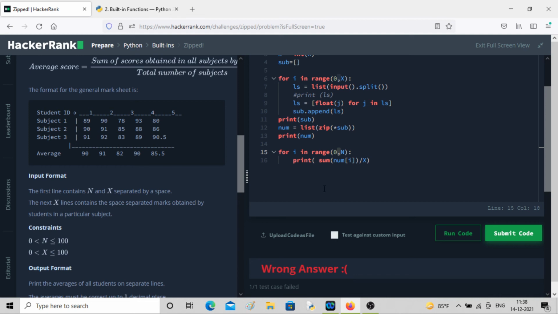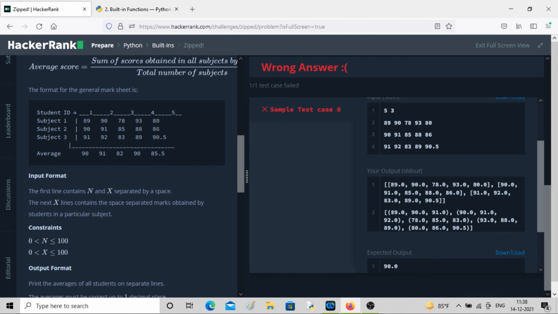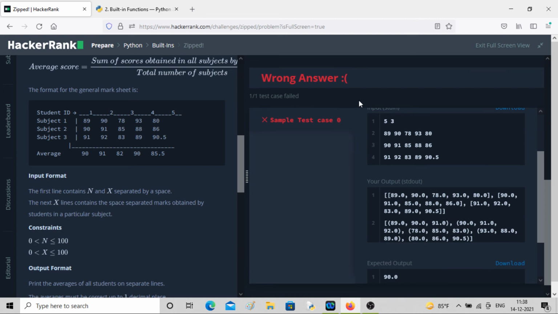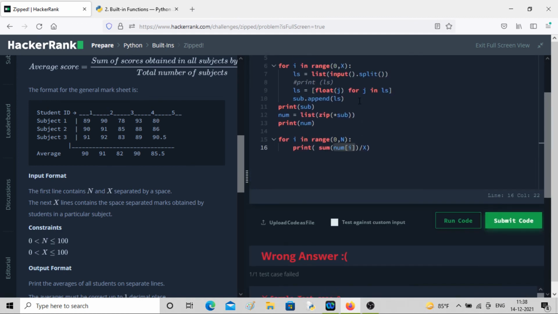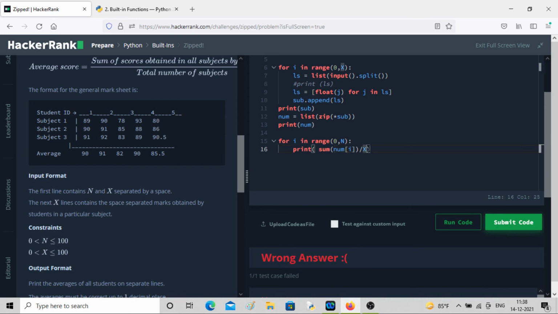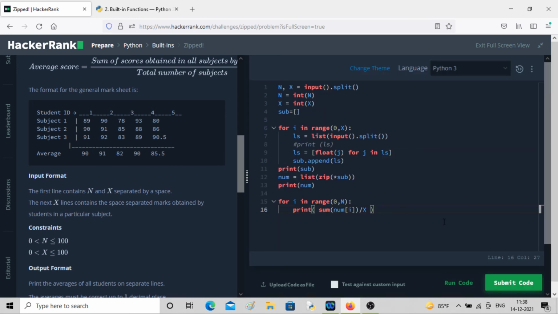So 0, 1, 2, 3, 4. Similarly, num will take 0, this guy, 0, 1, then 2, then 3, then 4, the last guy. So for each element, it will calculate the sum. It will take the sum of all three value elements of each tuple, and divide it by x, the total number of subjects. That's what you are getting, the average, right?